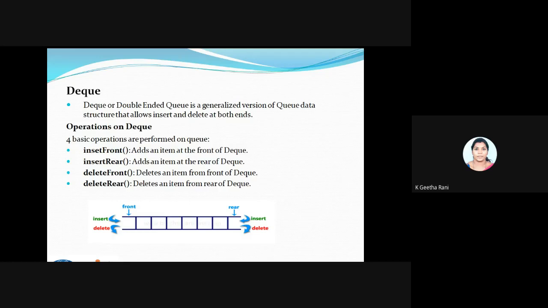We saw all these contents and how it works in our previous class itself. Insert front is nothing but trying to add the element to the front end of the DQ. So this will be new for us. Insert rear is as usual, we perform this on our queue also. And delete front is also done in the normal queue process, and delete rear will be the new operation for us. So these are the two new operations added to the DQ data structure. Here is a diagrammatic representation of how it looks, insertion as well as deletion. I hope you are clear about this DQ concept. Fine. So next we'll go into the implementation.